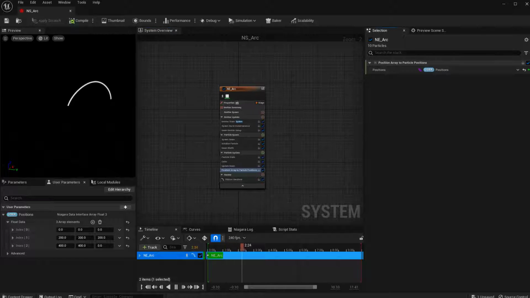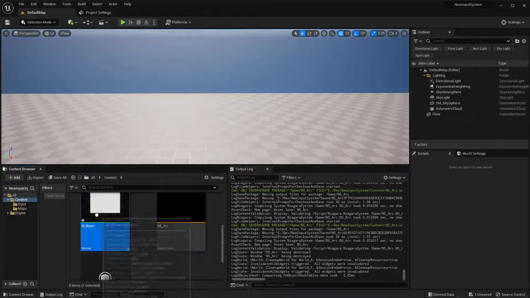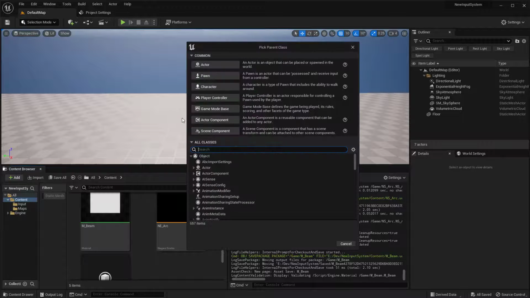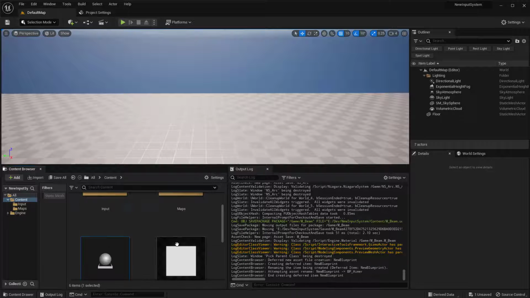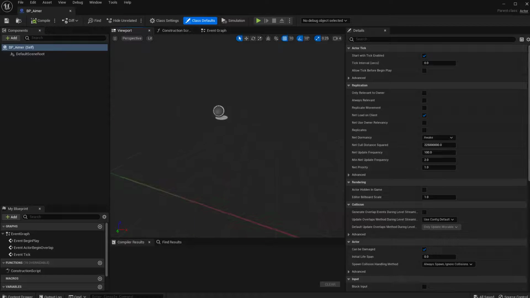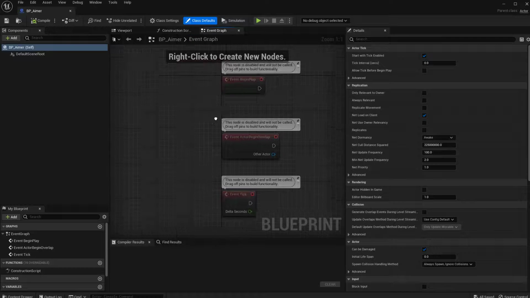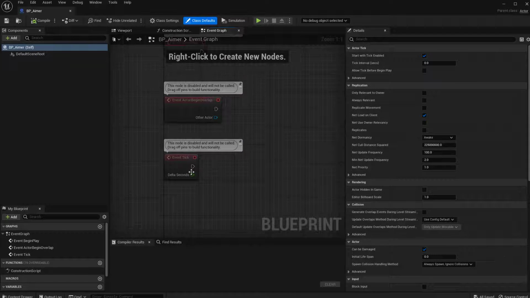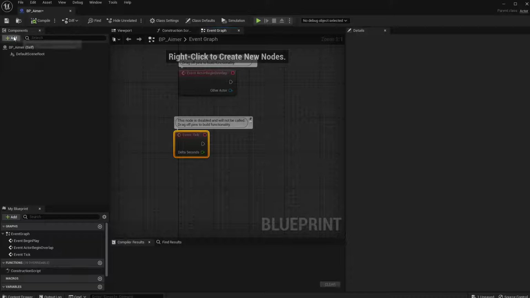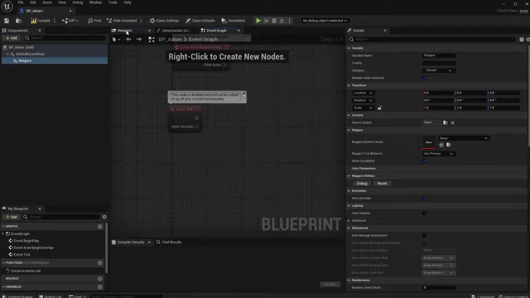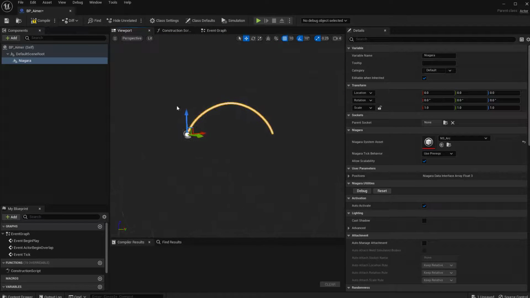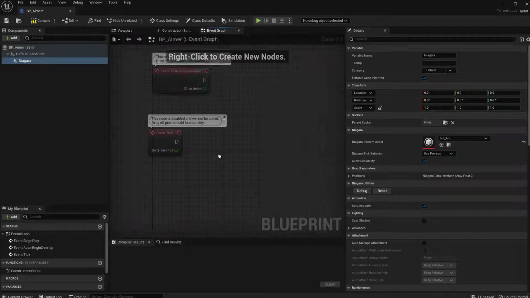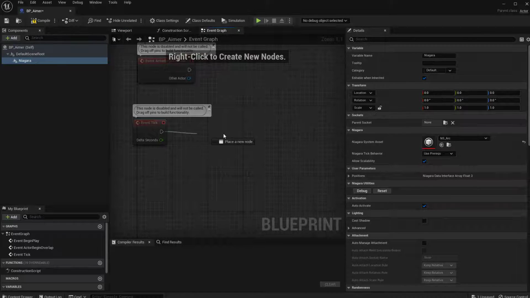Alrighty. So how do we use that in our code? We can create a test blueprint. I'll call this guy aimer or something like that. Okay, the aimer will have, in the event graph, I guess we can do that in the tick. Let's add in a Niagara particle system component. Okay, alrighty, and the system will be our arc. It goes like that. Okay, and so when we're ticking, we can actually do a